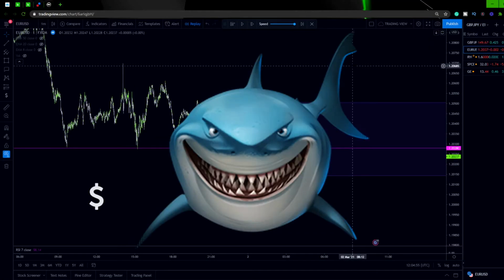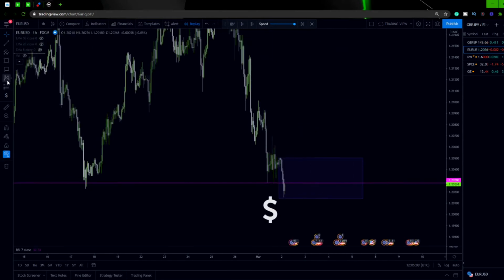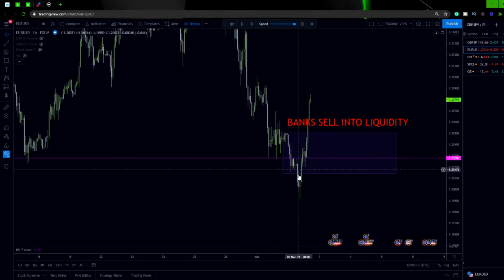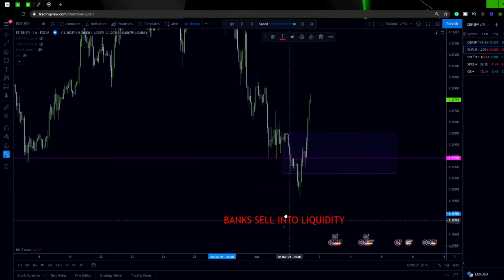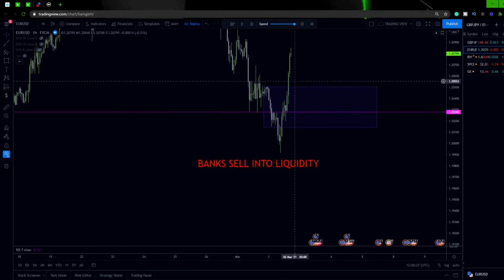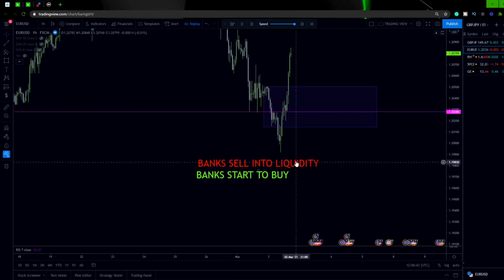They need sellers, right? So what can we assume has happened at this level? We can assume that banks have started to sell into liquidity. And as the liquidity gets run, what can we assume starts to happen in this area? We can assume that the banks have started to accumulate their buy positions, right? So banks sell to buy and buy to sell. Just as everybody is looking bearish on this pair, the banks say no, bang, start to buy in heavily at